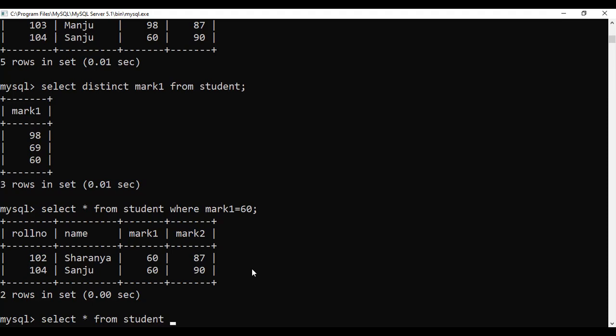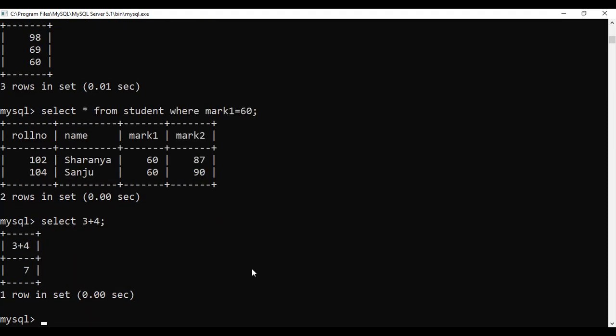Or if I want to do an arithmetical operation, you can give select 3 plus 4. You can get the answer, it will come from the dual table. This is a mathematical operator. All those plus, minus, multiply will be done. Now we will move on to the relational operator, that is mainly coming.